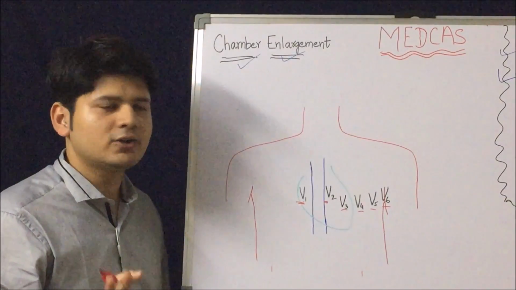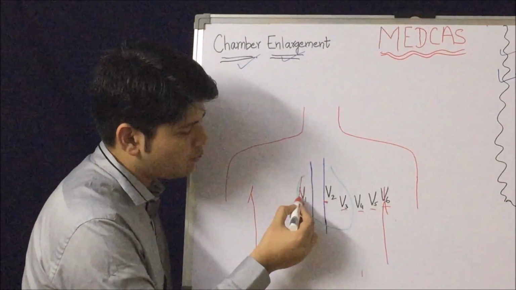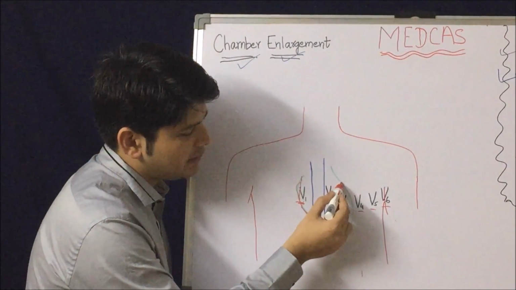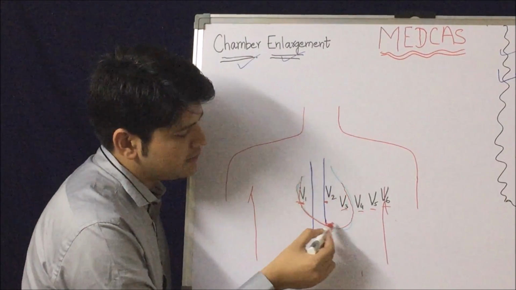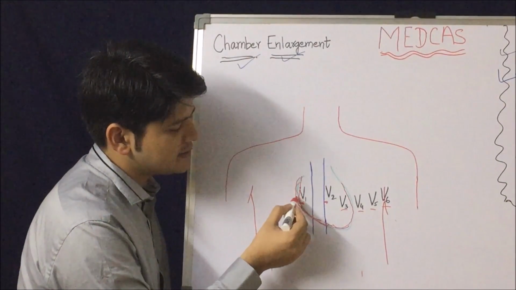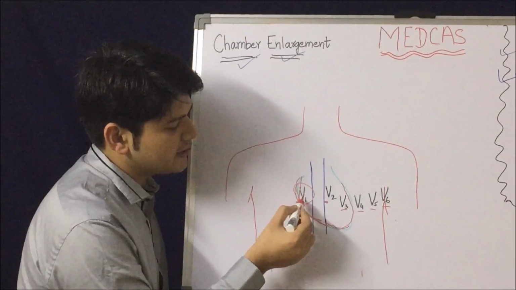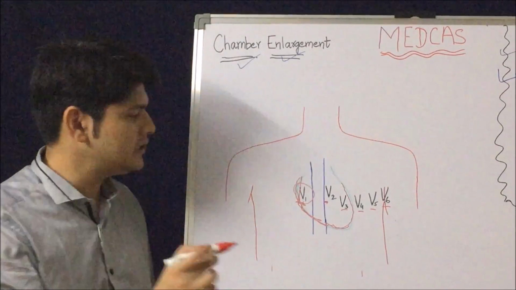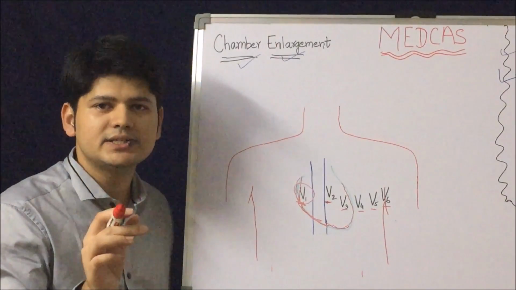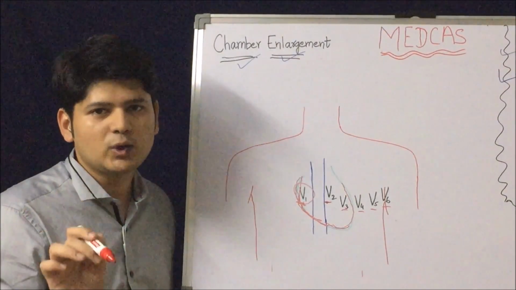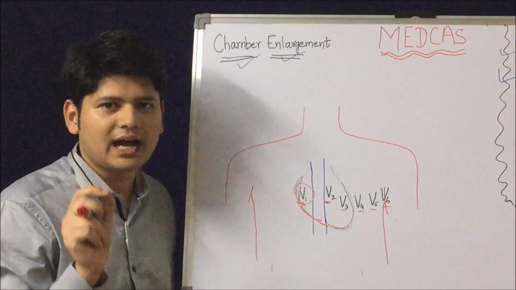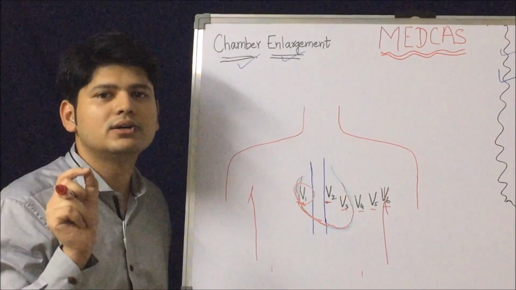Now if you remember the anatomy, this is your right ventricle somewhere here. Fine. Right atria, then the right ventricle, and the left ventricle, and the anterior wall is somewhere here. So this part of the RV is clearly seen with V1. So in your ECG, V1 and to a certain extent V2 are the chest leads looking at the right ventricle. So if I want to find something problematic in the RV, I should look at V1 and V2.